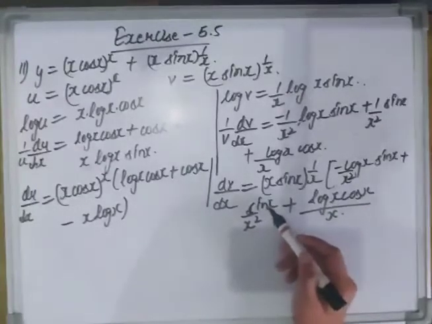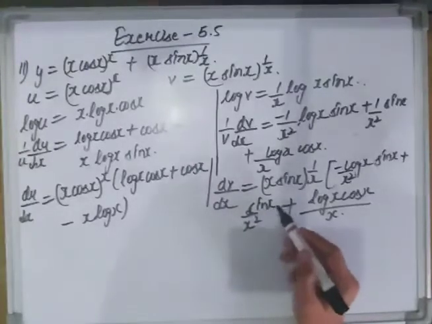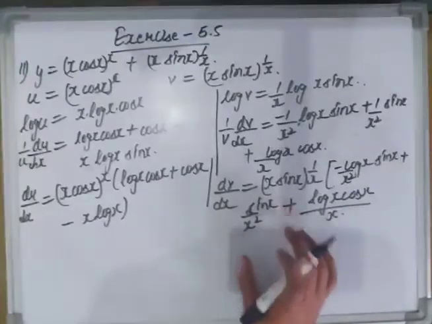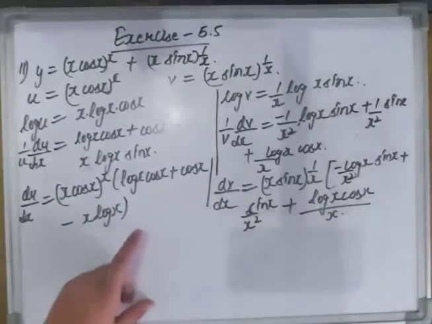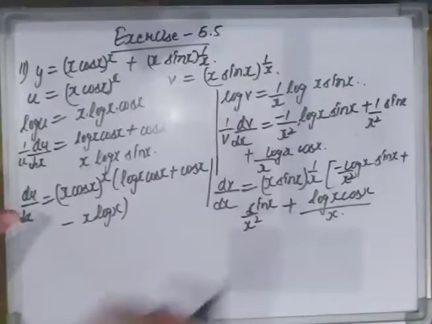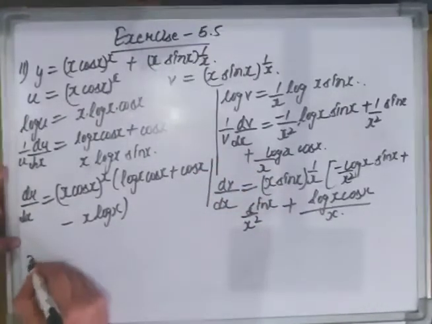Okay, you can't deduct this x with the x square, because this x is the angle of sine, and you know that the sine does not exist without its angle. So that would be invalid if you deduct this x with the x square. Now, merging the functions, or you can say adding the derivatives of the two functions, we have